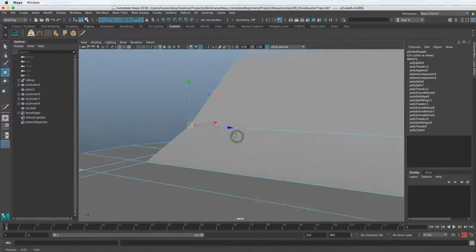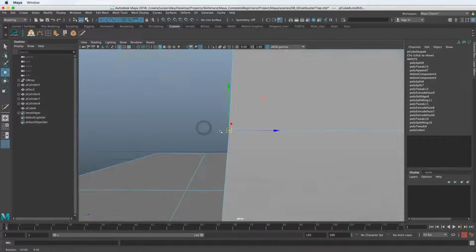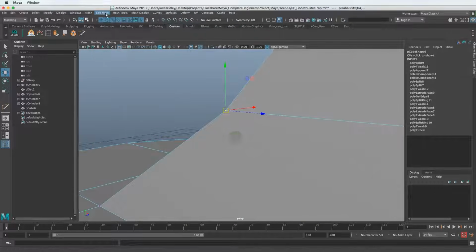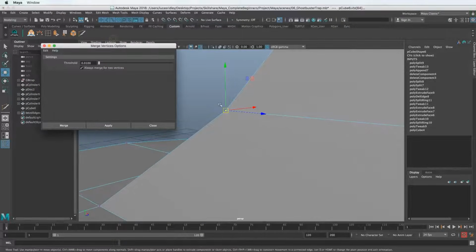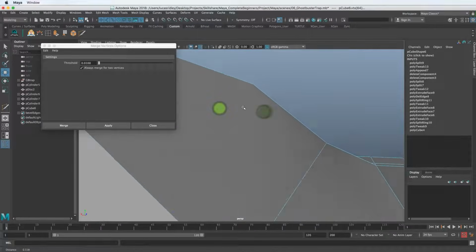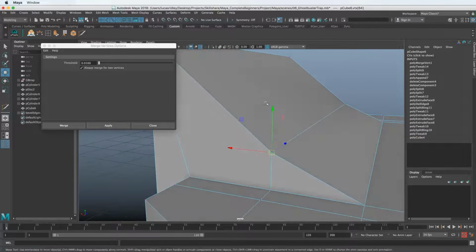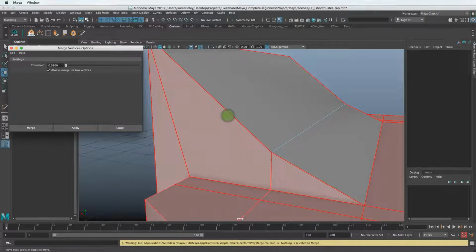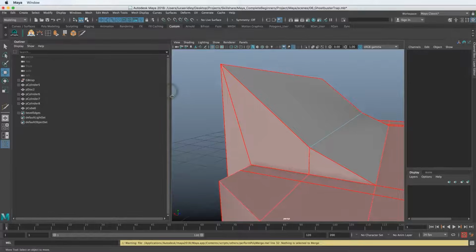And here's a new thing that we're going to learn, is how to merge vertices. So I'm just going to click and drag select, so I know I have both of those vertices selected. I'm going to go to Edit Mesh, Merge. And there's kind of a threshold distance, so depending on the scale that you're at, it may or may not work, but you can hit apply, and then you can see that the normals kind of change. They flash there for a second, so that makes me think that it worked. But you can always test it by dragging an edge or something around. And it thinks I have something clicked when I don't. It's always fun.